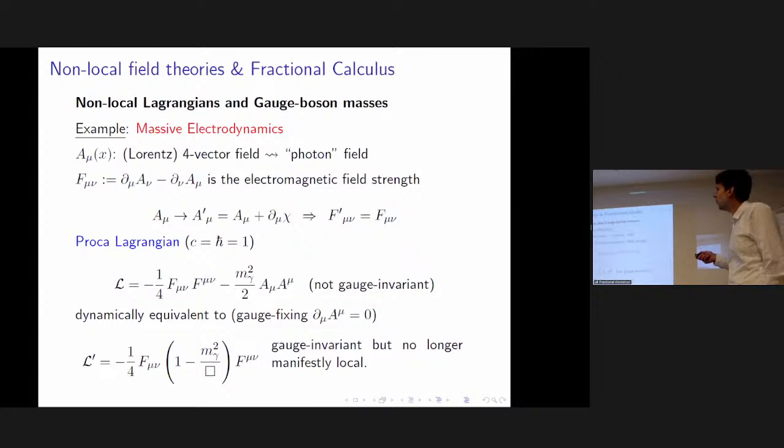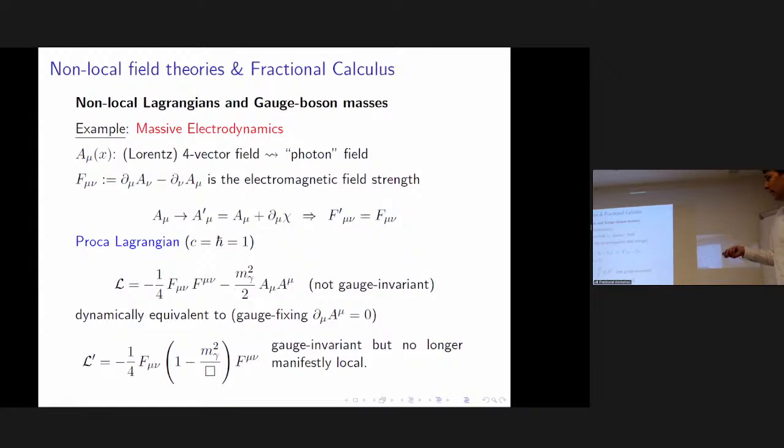Okay, but now, why should we even bother to look into fractional effects for galaxies or this sort of phenomena? Well, let's be honest, non-local effects in quantum field theory are not something really new. After all, if we take massive electrodynamics and provide a Lagrangian for the massive photon, as we typically do in quantum field theory, which explicitly breaks the gauge invariance, it turns out that this Lagrangian is dynamically equivalent to this non-local Lagrangian here, which is instead